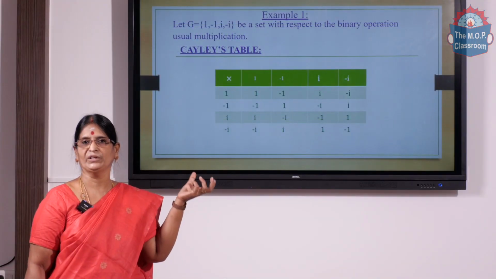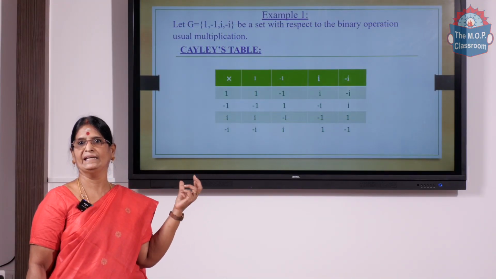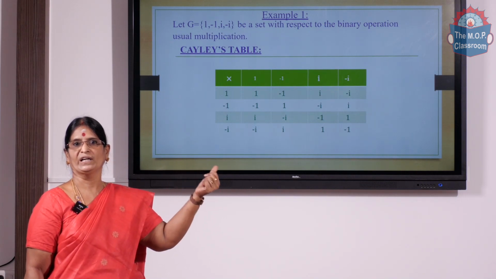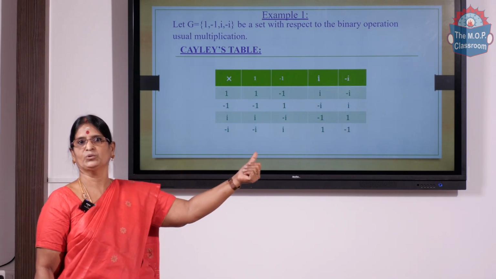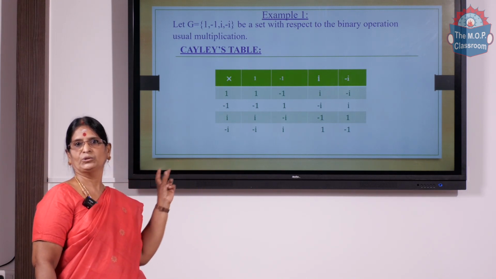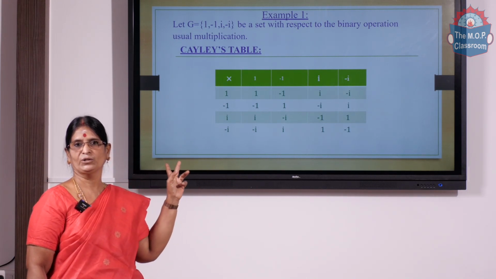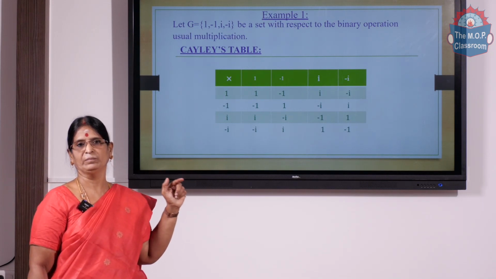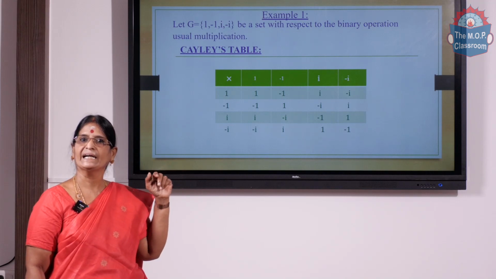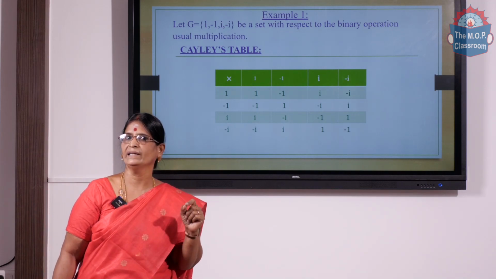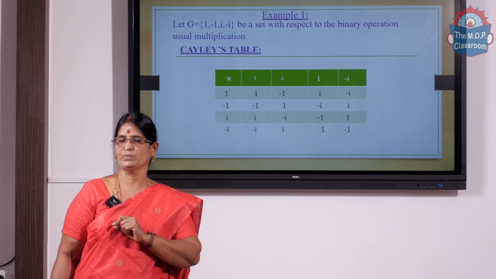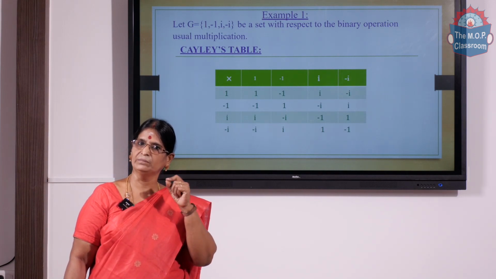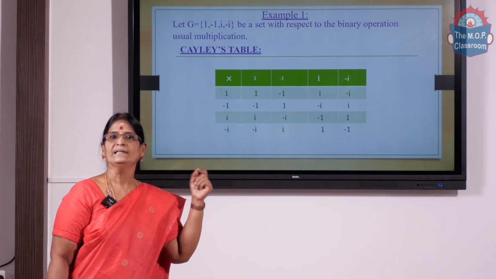For the multiplication we are going to prepare a table called the Cayley's table. Let us prepare a Cayley's table for these 4 elements. Let us write the elements in the first row, similarly in the first column. Let us multiply any 2 elements of G using the binary operation. Star here is the multiplication. Here i denotes a complex number. So i square gives me the resultant element minus 1. Keeping this in mind, let us complete the Cayley's table.